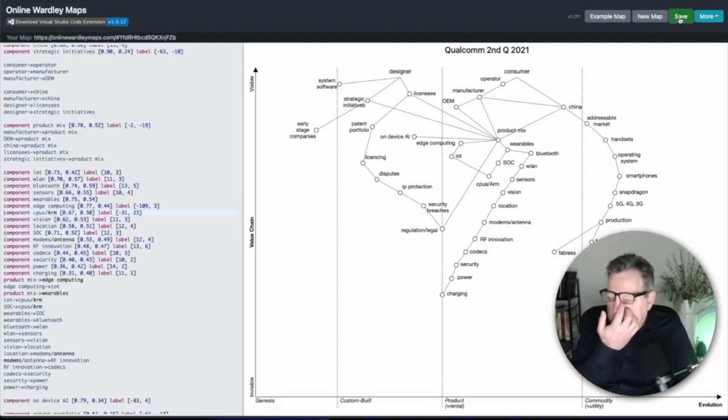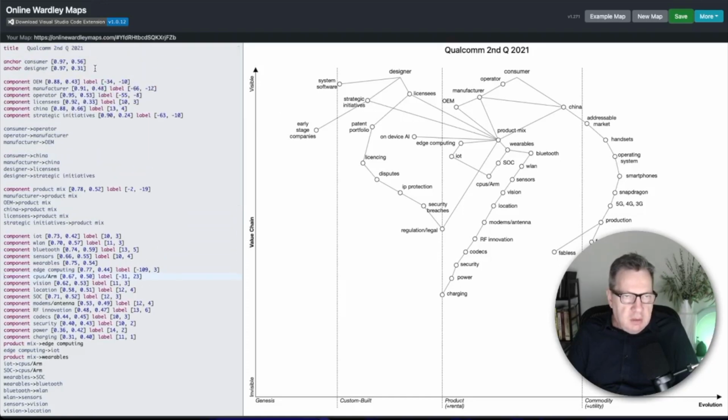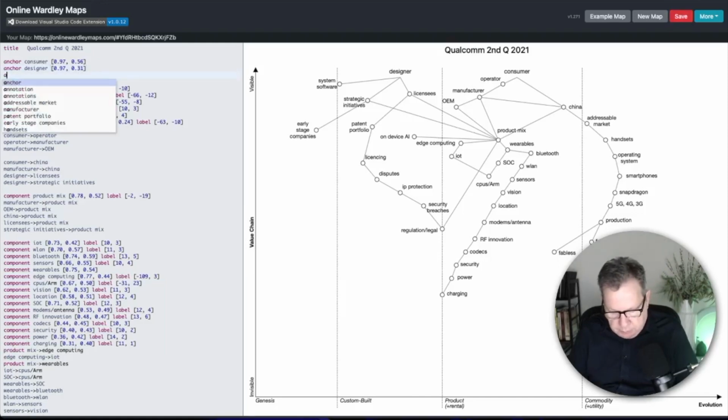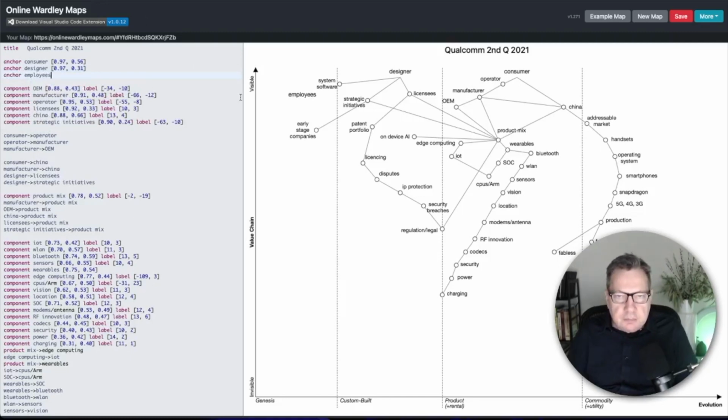So the final piece of the map really is going to talk about employees. Employees could be placed anywhere really. I'm going to create, as I did earlier, an anchor called employees. And there it is there, and I'm going to leave them. I'm going to bring it down over here, since they're not that visible, of course, but they're less visible. Everyone knows they're employees. And then I'm going to